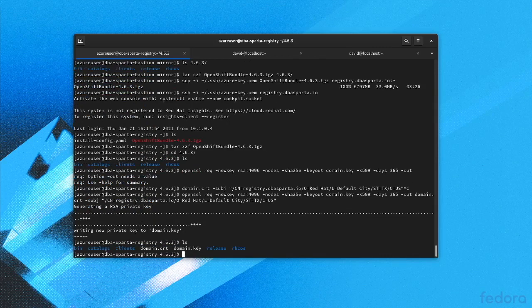So now that we have our domain key and our domain cert file,